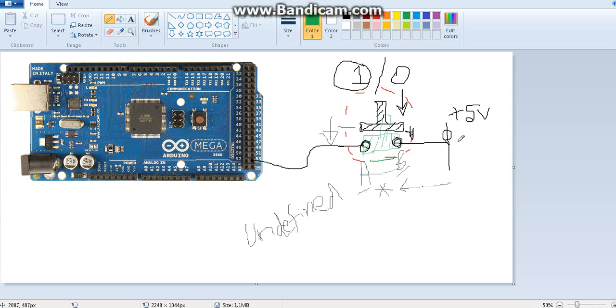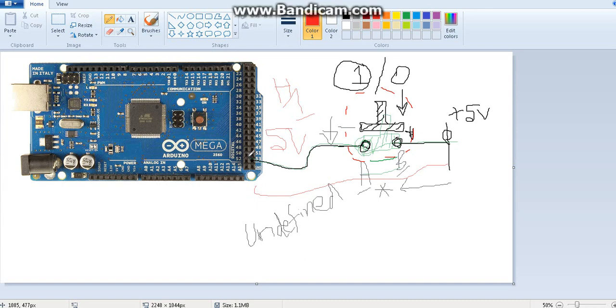Now what will happen is this 5 voltage will go from here to here, and through B it will go to point A. And the point A is connected to 53. So in other words, pin number 53 is directly connected to 5 voltage. That means the connection is created between the pin and the 5 voltage, using this A and B and the push button. So now 53 will become 5 voltage. 5 voltage means what? 1. That means high. This is correct. Why? Because when you press the button, it is going to 5 voltage.